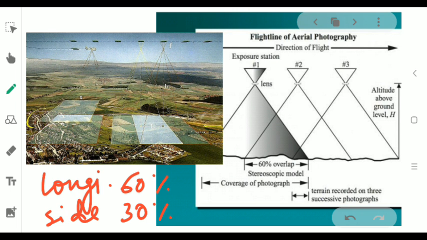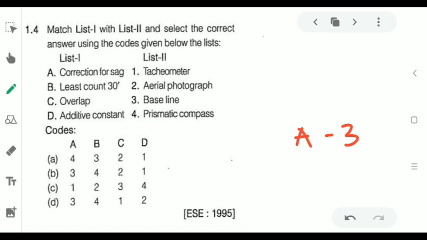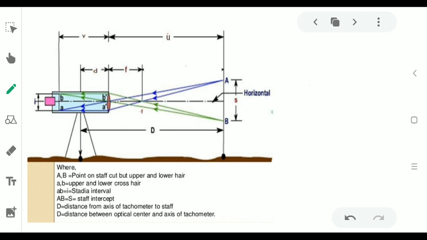So for now we know that this overlap belongs to aerial photograph. So that means the C value will match up to the second one. Then additive constant. In tachymeters we find out the horizontal distance between the tachymeter and the vertical staff, and this